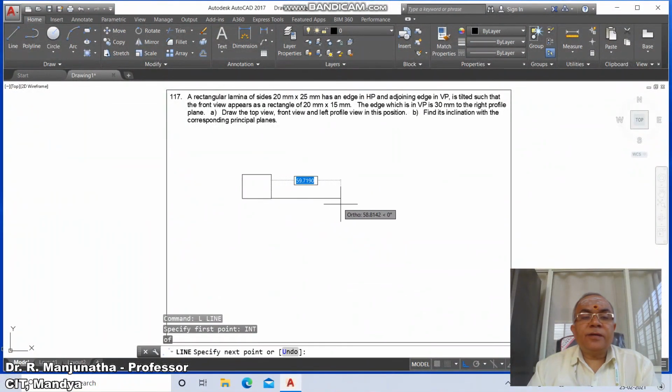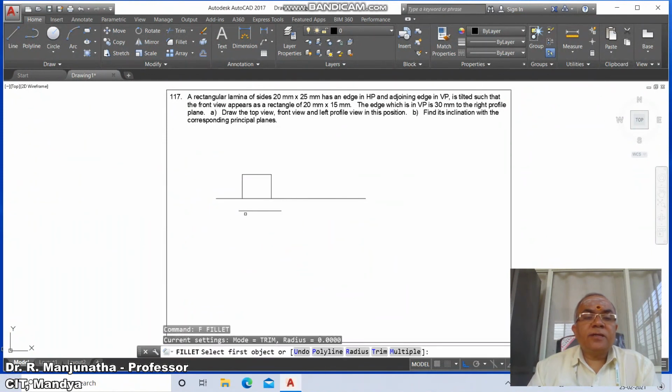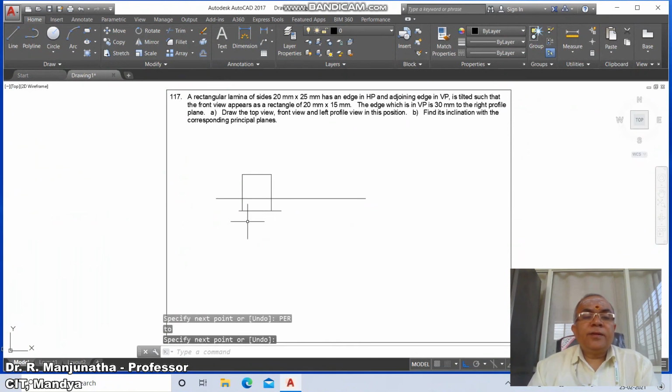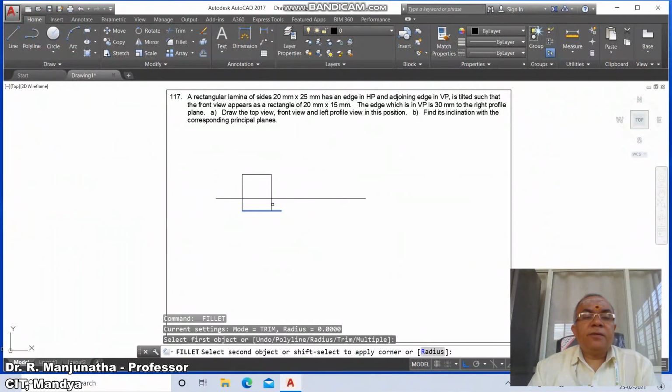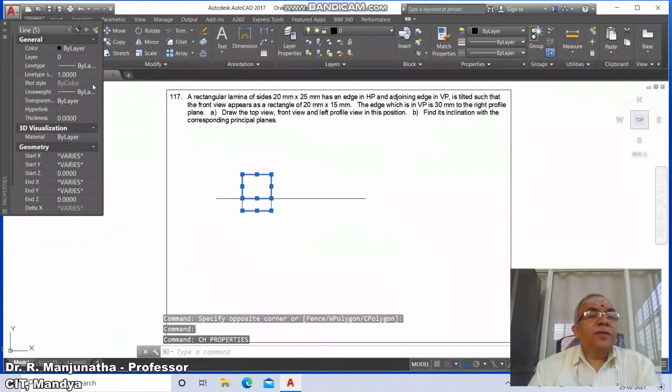Now we want the line to be from here in this direction and also in this direction, then take some distance away from the vertical plane. Then go to line, take the intersection point of this, perpendicular to this, similarly line INT on this and perpendicular to this, then fillet between these two and between these two. Then select this line, taking it by window selection,